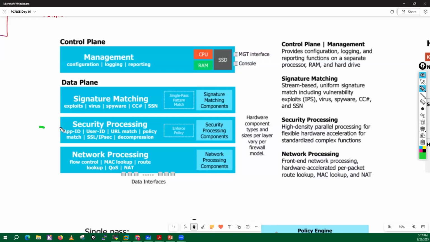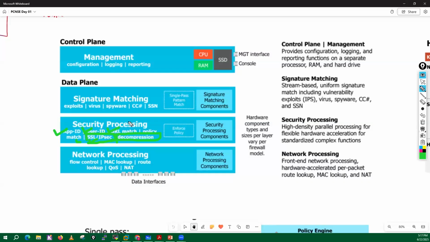After that we have the security processor, which is able to, per app ID is wrong, it will just enforce the application based policy. Let me correct that here. It will enforce app ID based rules, user ID based rules, URL match, policy match. SSL tasks are done by this particular engine, and compression tasks are also done by this processor only.